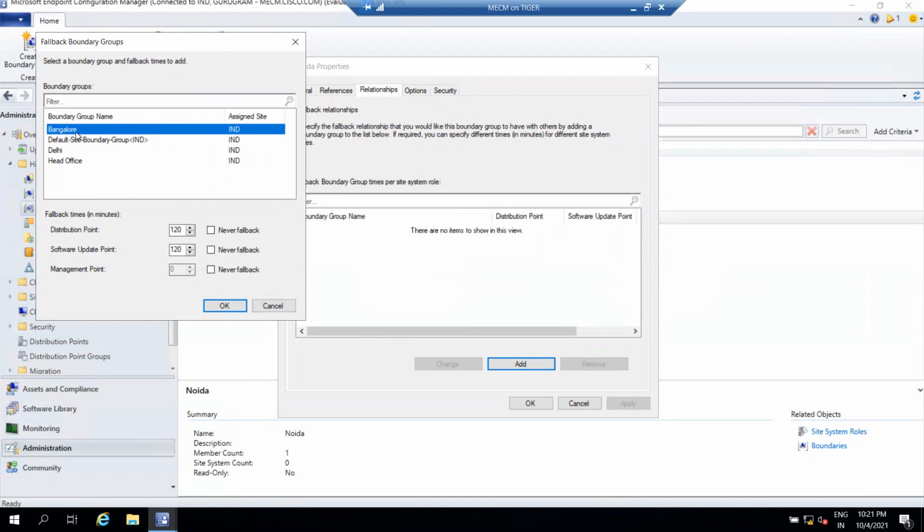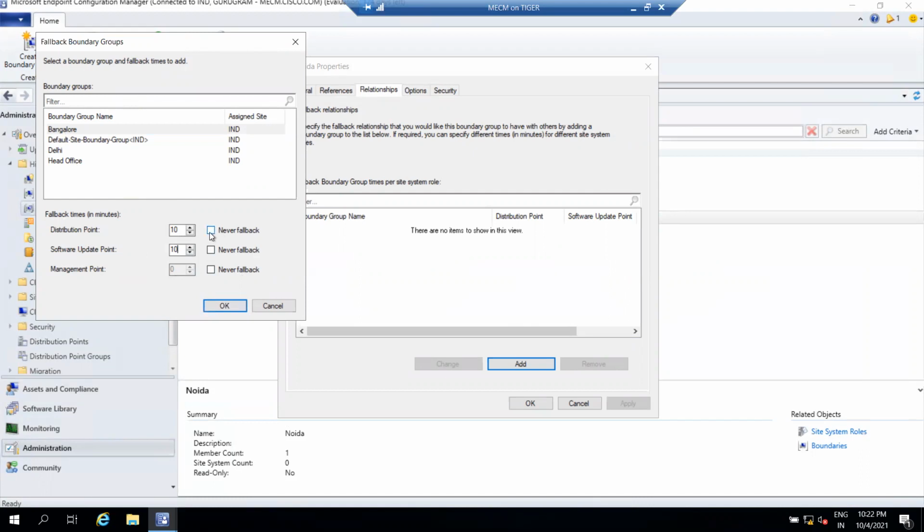So we have to add the targeted boundary group, and this will be the DP fallback time: if the client machine is unable to get content, after how much time should it go to the Bangalore DP. So after a 10 minute interval, it should go to the Bangalore DP, and the same for the software update point and management point.